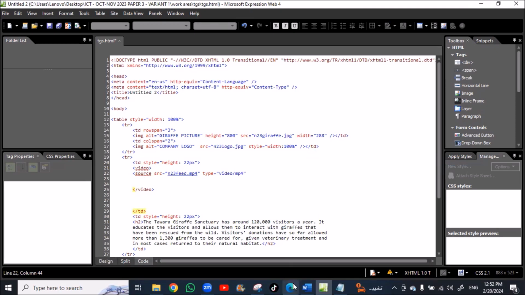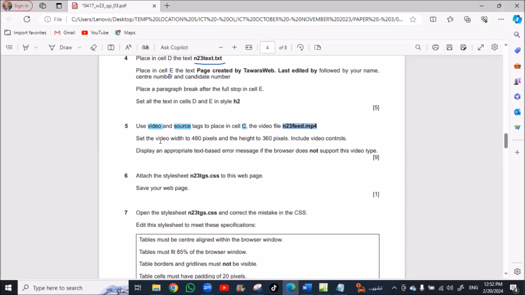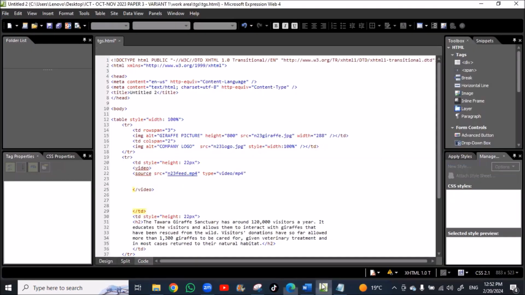Okay, back to exam. Set the video width 480 pixel and height 360. Include video control. So we need to write some metadata for this video.